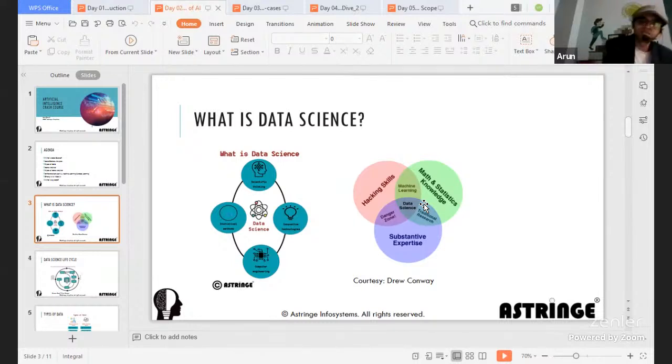Just having programming skills and maths and statistics knowledge alone will not make you a data scientist. Why? Because you need a good understanding of the business. If you have programming skills and maths and statistics knowledge but no business understanding, that is what Drew Conway highlighted as the danger zone, because it is like shooting in the dark.